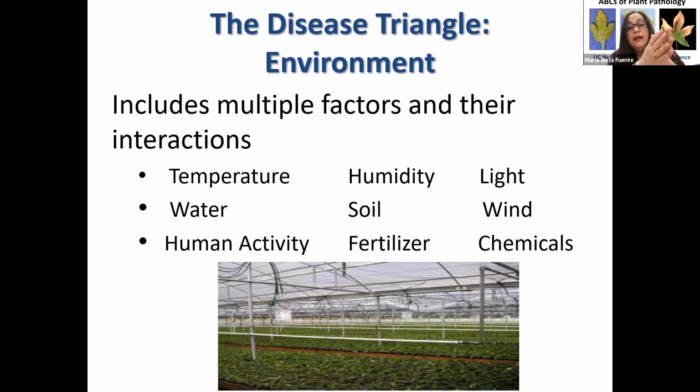But just keep in mind, an environment in a nursery outdoors is totally different than a nursery or a production system in a greenhouse. In a greenhouse, you have better chances to regulate and control these factors such as temperature, humidity, light, water, soil or potting mix or substrate, wind or ventilation, chemicals, fertilizer, and